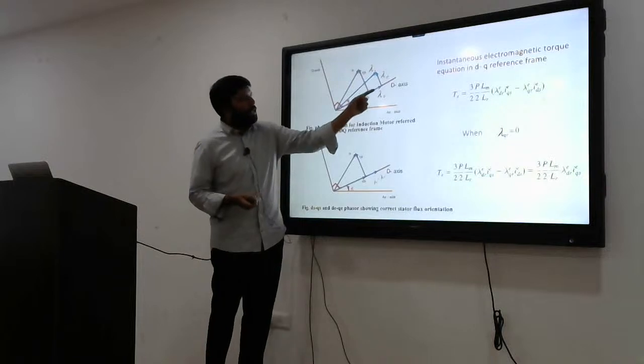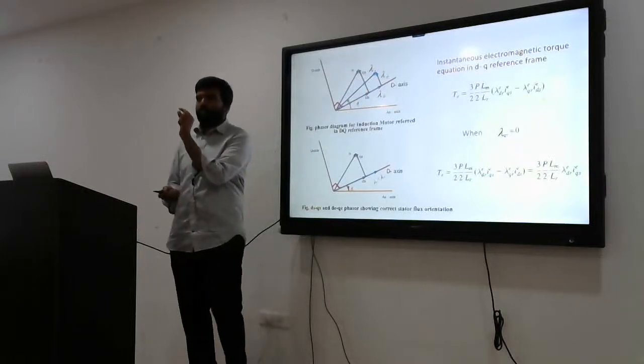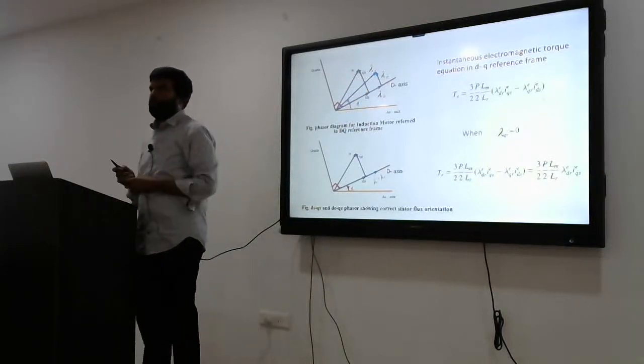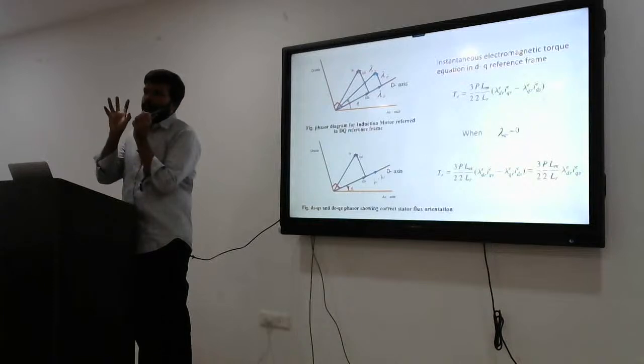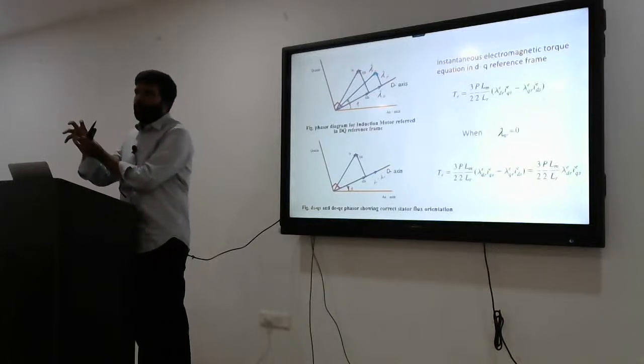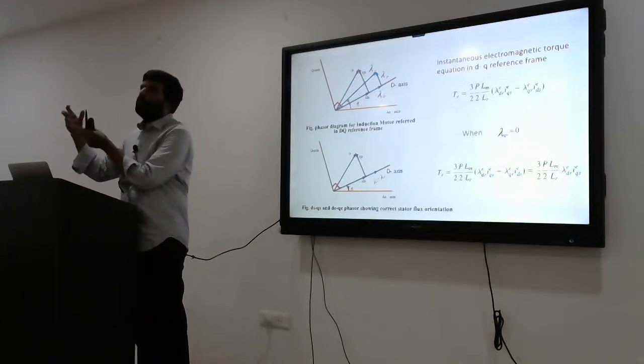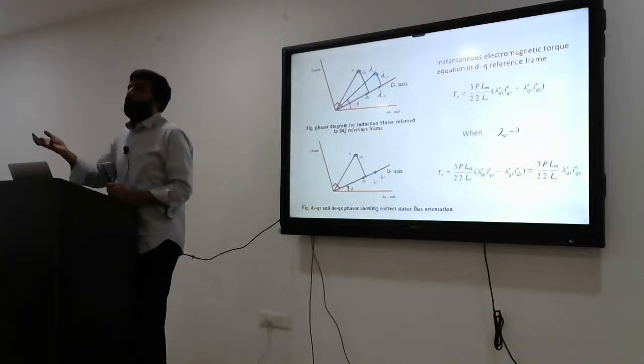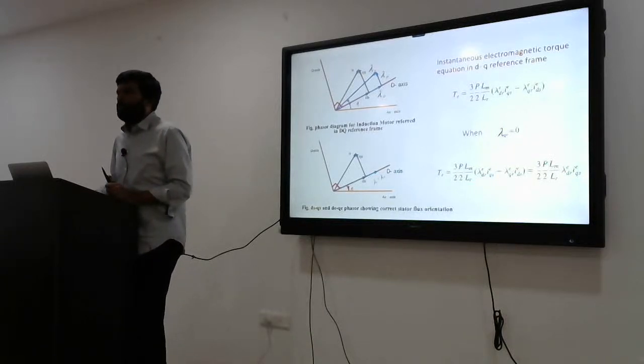Here also, lambda dr and lambda qr will produce the same effect as the three-phase system. Whatever information is there with three-phase variables, the same information, the same characteristics, you will get with a smaller number of variables after adopting transformation methods. But the problem is still that your torque is in higher order, still in nonlinear mode, which is unwanted. So how can we